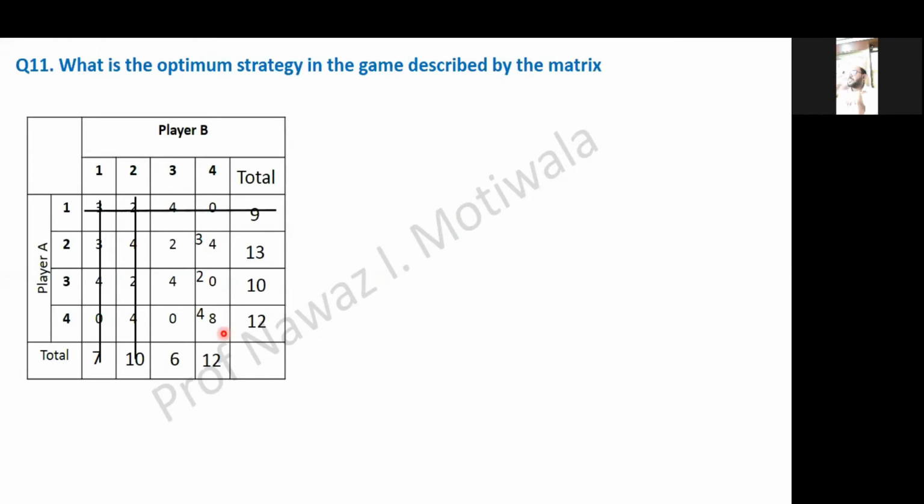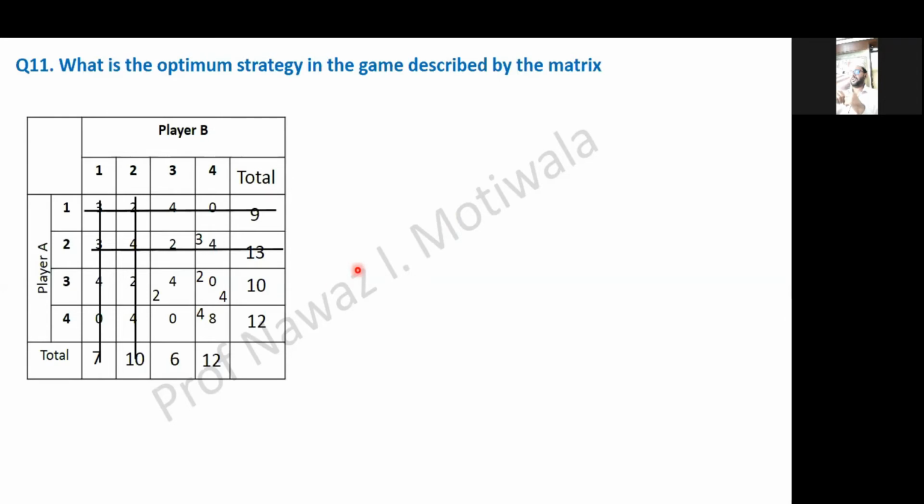So let us say I take the average of row 3 and row 4. So 4 and 0, the average will be 2. And 0 and 8, the average will be 4. Now comparing this average, 2 and 4, with the remaining one, that is the second row. I can see all the values: 2 is equal to 2, 4 is equal to this average 4. That means all the values are either equal or less than the average of the other two rows. Hence I will cancel this out.